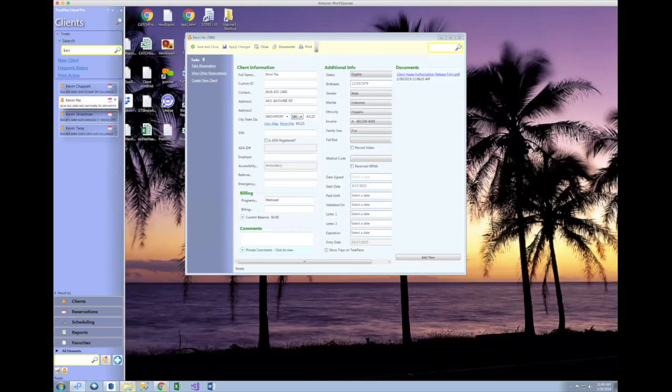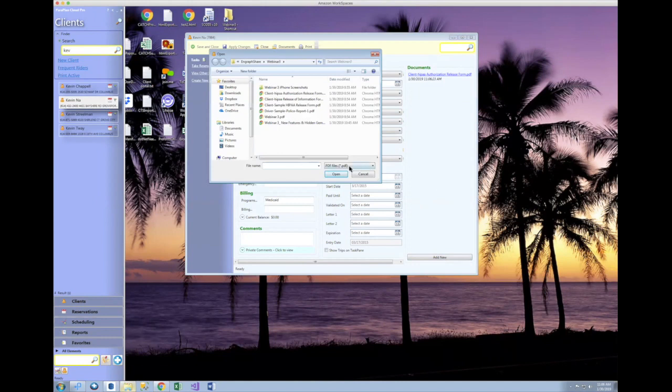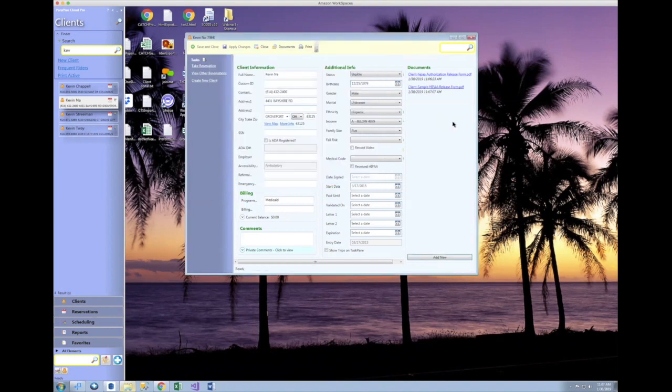And let's go ahead and add another one. So I want to add new again, and let's add another one. So this is a sample HIPAA release form. I just double clicked. And so you see how that works. They're time-stamped, etc. Now the kicker is,